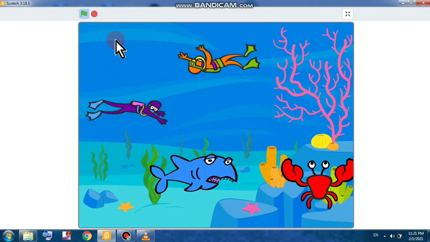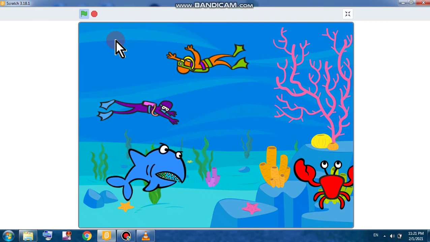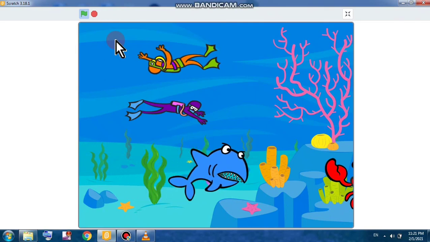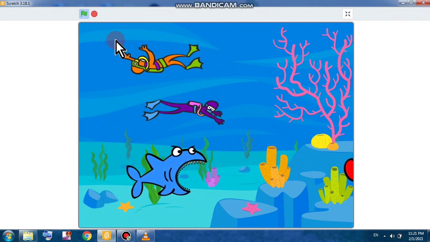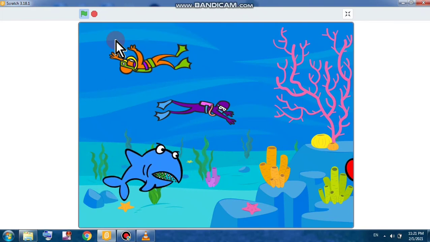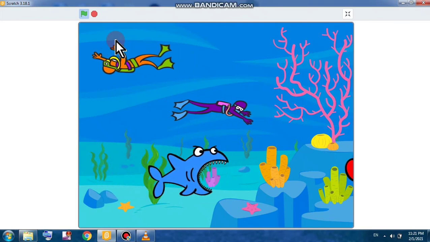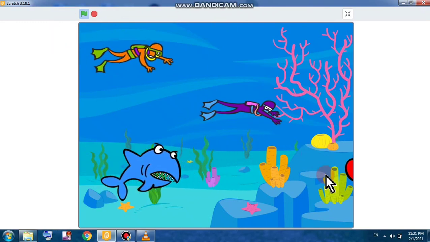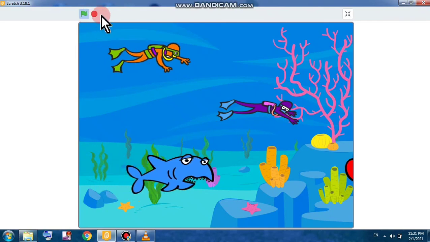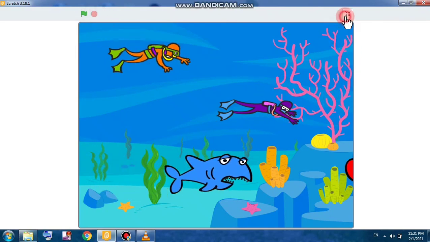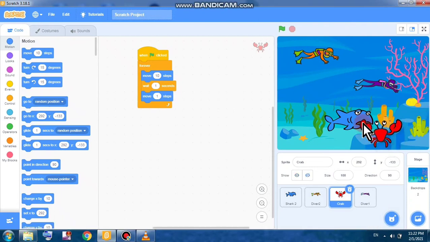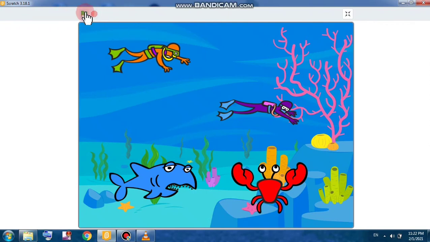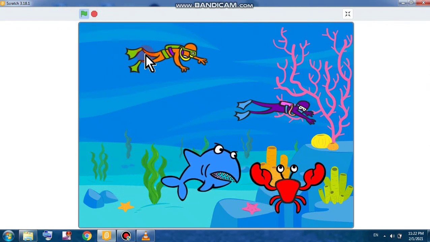So you can imagine what I am trying to show from this animation. Like this crab is moving out, and those two divers, they are diving in the water, and that shark is trying to eat that crab. And now what happened, that crab moved out of the area wherever it was danger for him, wherever he was feeling. So like this we can make many of the animation. ये आपके ऊपर है, इसको आप कितनी क्रिएटिविटी के साथ बना सकते हो. How nicely you can show, how nicely you can present. So basically it is totally up to you. So try it and you will find it very much interesting.